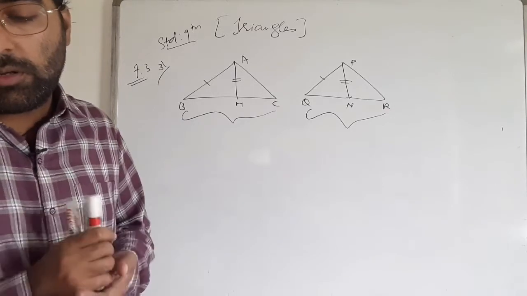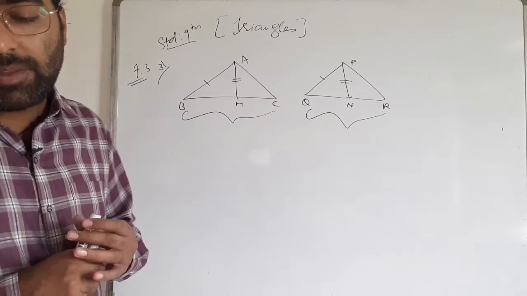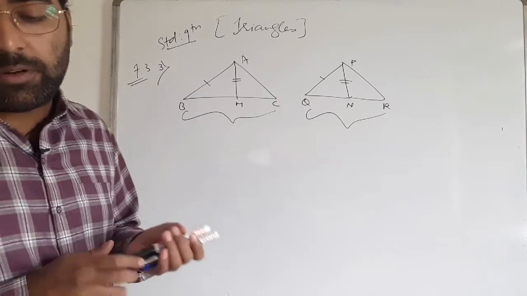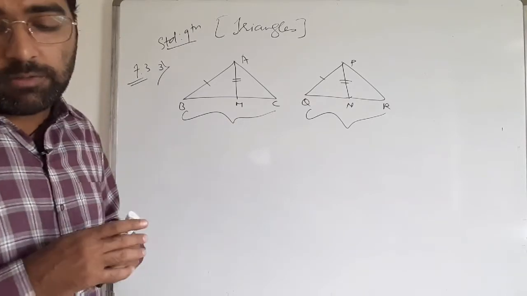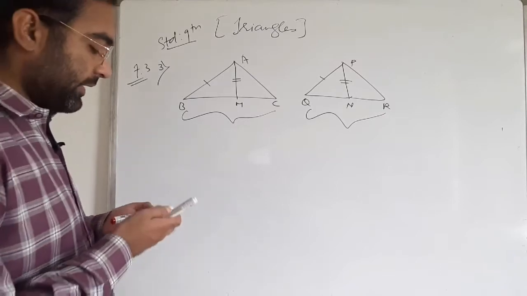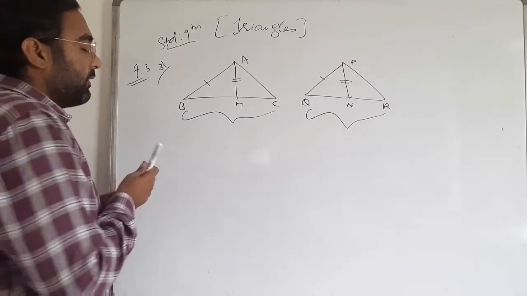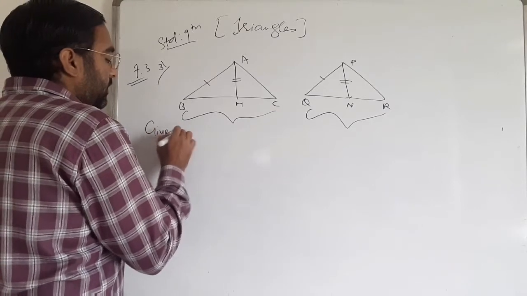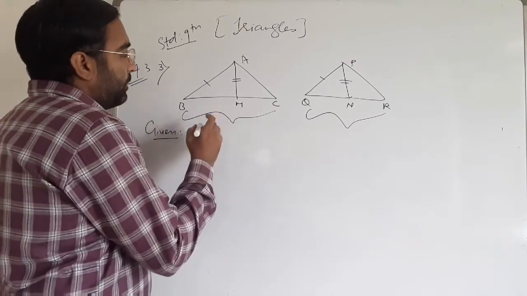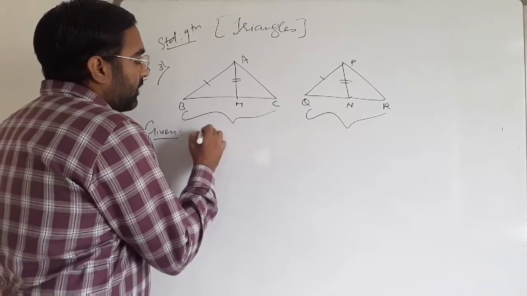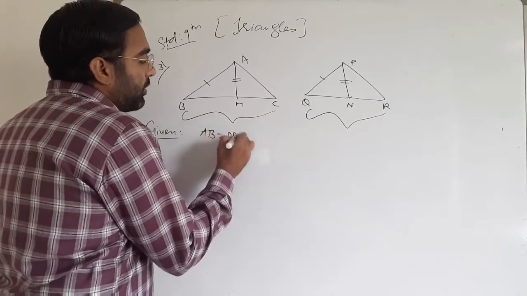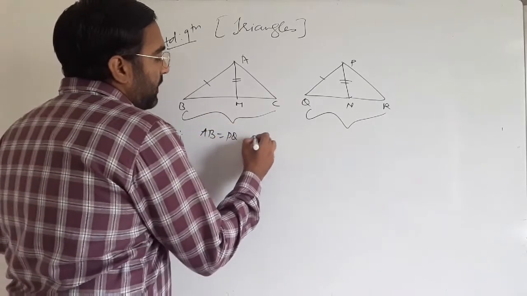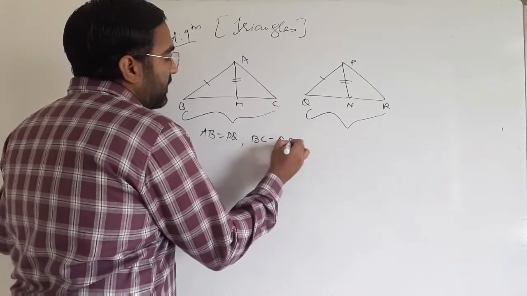So first of all, we need to prove that two conditions are given. Okay, so let's start to write the given. First of all, in the given, AB is equal to PQ is given, BC is equal to QR is given,